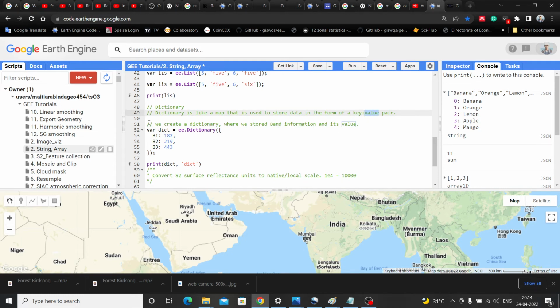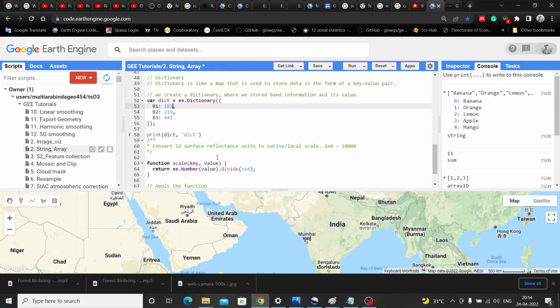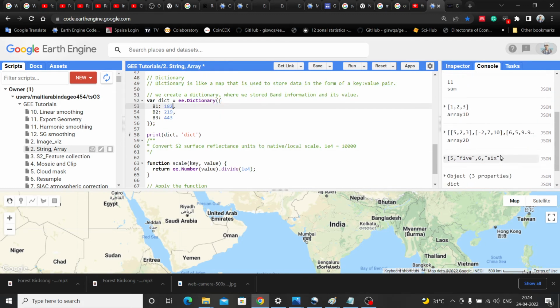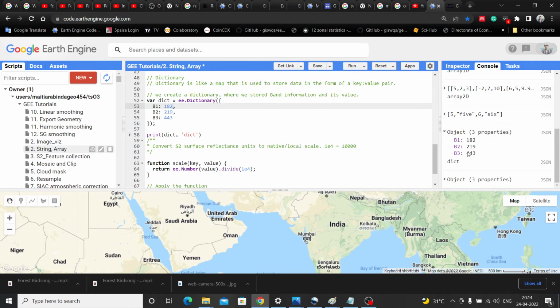So in this example I create a dictionary where B1, B2, B3 denote band 1, band 2, band 3, and these three bands are the keys, and against each key an individual number is put. Now this is the reflectance value. So if you print it, we will get it in this format.